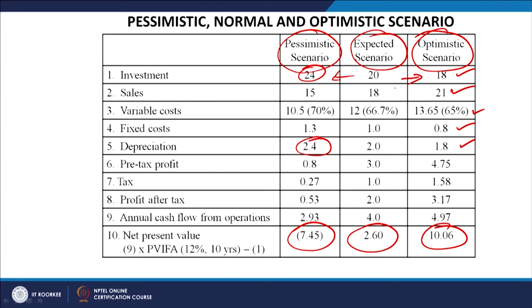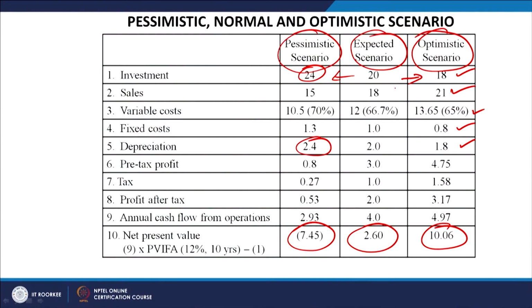That is why people call it a subjective analysis, but subjective analysis is done by the subject experts, by the people who have been in the market for years and who understand the market scenario very well. So, if they suggest something to be done, I think we have to accept that, and we have to create different scenarios and then try to find out that even in the pessimistic scenario, if the project is going to be viable, then there is no point rejecting the proposal.